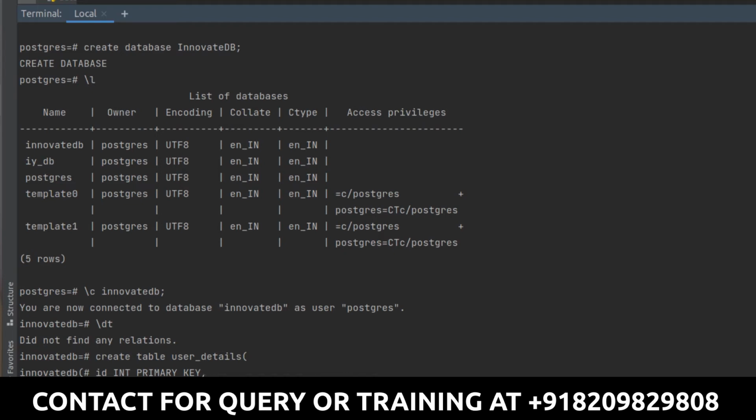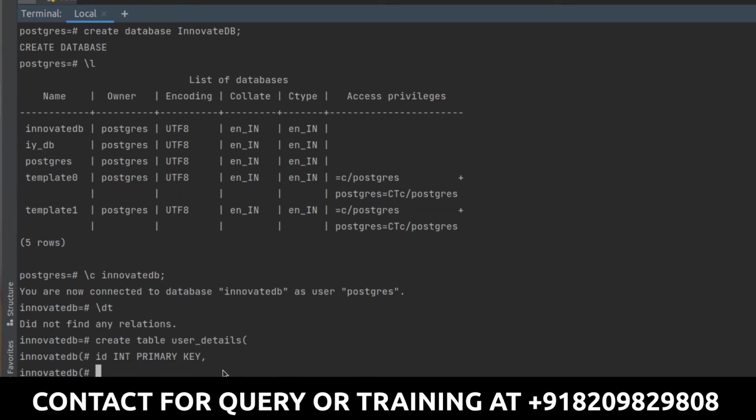Now press enter. Plus, you can do one more thing over here, that you can add auto increment. You can add it over here, but right now I don't want to do it. I just want to make it unique. Now press enter. Now over here write the next column. Next column is, let's say, name, and the name is a character type of thing, or let's say it's string data.